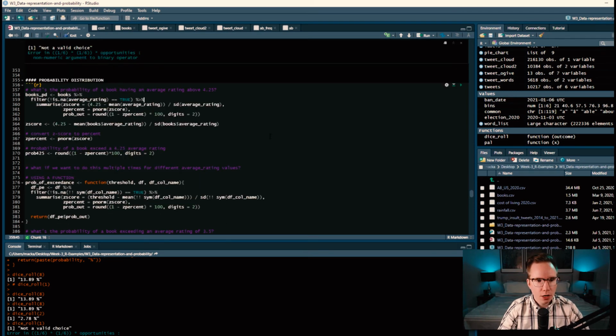The next thing I'm going to talk about is the probability distribution. So we are going to go back to using the books dataset or data frame. We're going to create a new data frame called books_PD, which is probability distribution. And we're going to try and answer the question, what's the probability of a book having an average rating above 4.2 out of 5? So we're going to create this data frame, input the books data frame, pipe it into